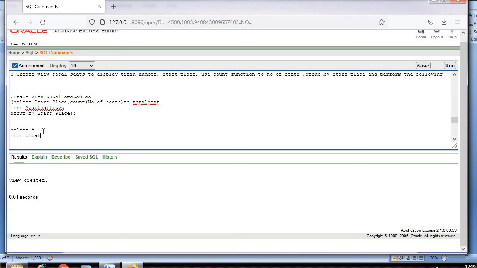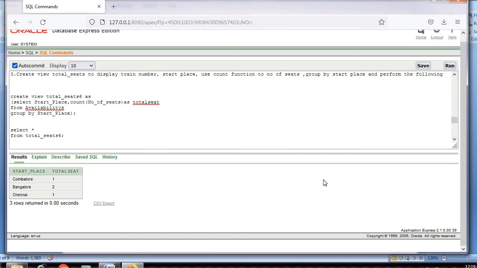See, I have used select star from total seats to check how my view looks. We have used only two attributes. One is start place, and the other one is the count of the number of seats, which we call total seats, which you can see in the result.